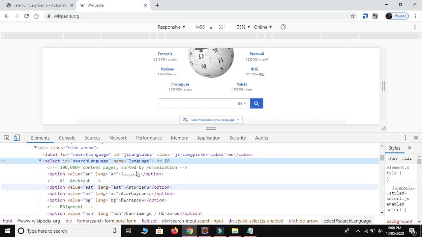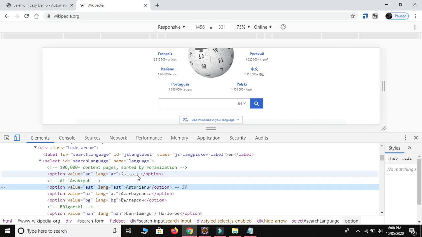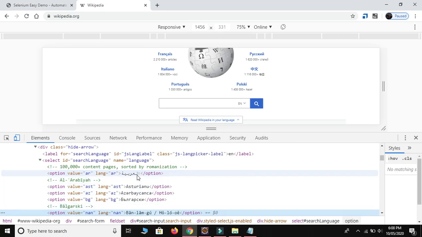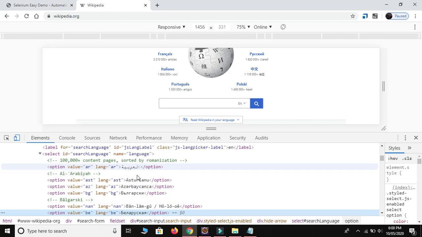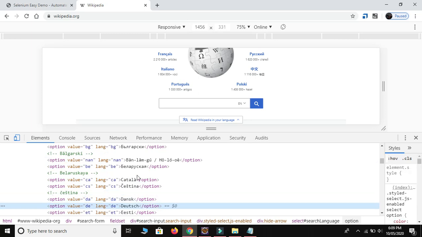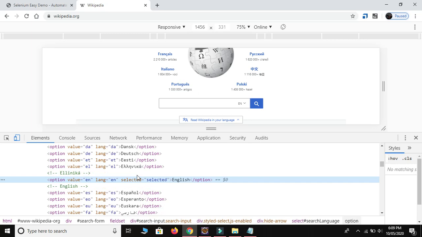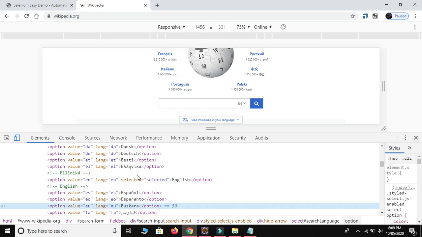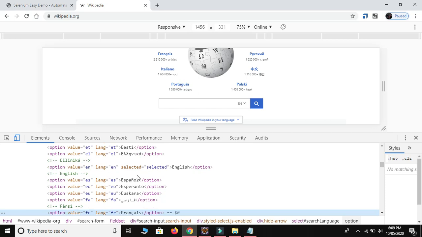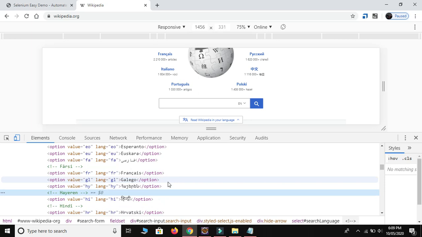So let me start counting: 0, 1, 2, 3, 4, 5, 6, 7, 8, 9, 10, 11, 12, 13, 14, 15. Okay, actually it is so difficult to find the index.